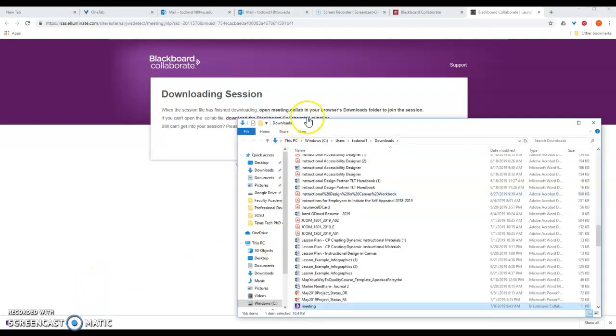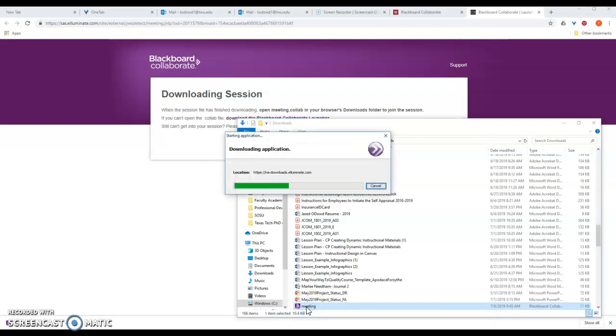Now it told me that the file is going to be inside the downloads folder. By default, my computer actually opens to the downloads folder. But if it didn't, you'd have to come over here under your quick access and find downloads and then find this meeting.collaborate file. Notice it just says meeting, it doesn't say meeting.collaborate, but this is the correct file. So I'm going to double click on this file to launch the meeting